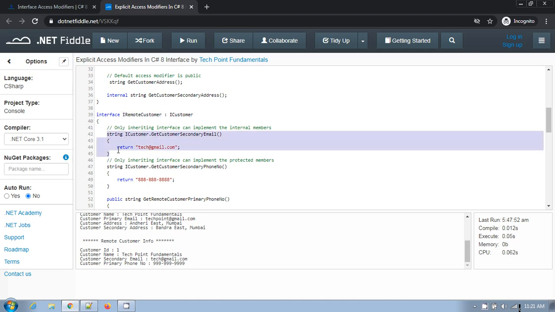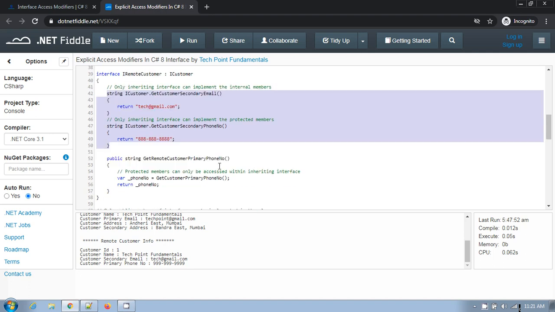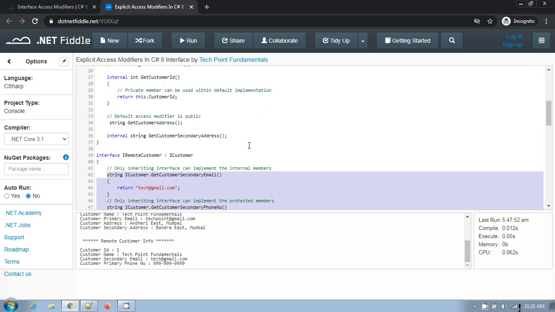Here you can see iCustomer dot get customer secondary email and iCustomer dot get customer secondary phone number, both the members are implemented explicitly here also. So you can implement non-public member in interface or class, but you have to do it explicitly, not implicitly, right?